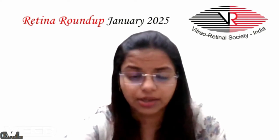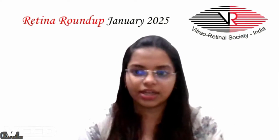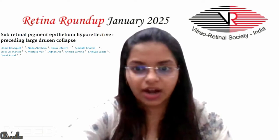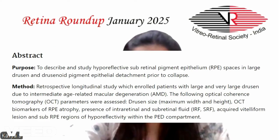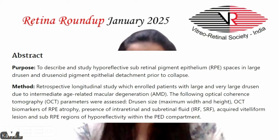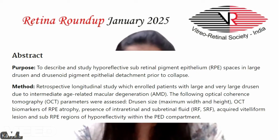Coming to the second article, subretinal pigment epithelial hyperreflective spaces preceding large drusen collapse. The study was used to describe the hyperreflective subretinal pigment epithelial spaces in large drusen and drusenoid pigment epithelial detachment before collapse. It was a retrospective longitudinal study which enrolled patients with large and very large drusen caused by intermediate